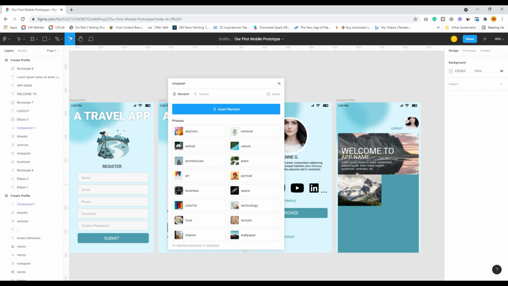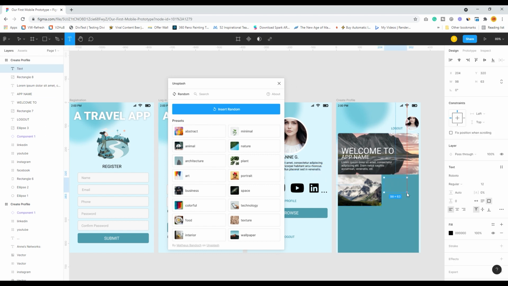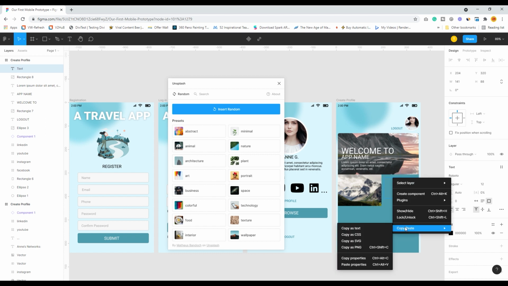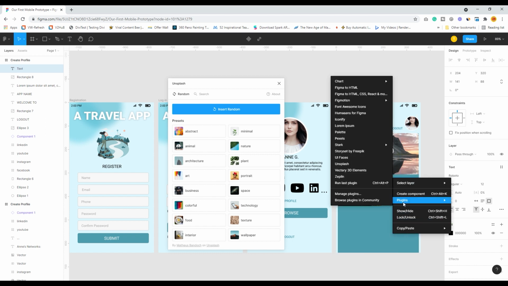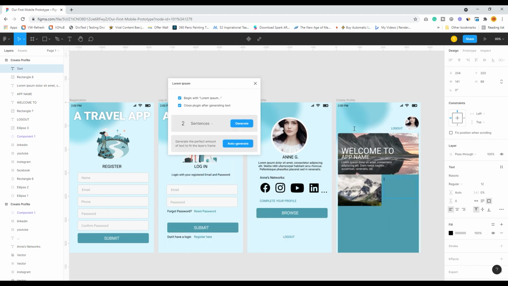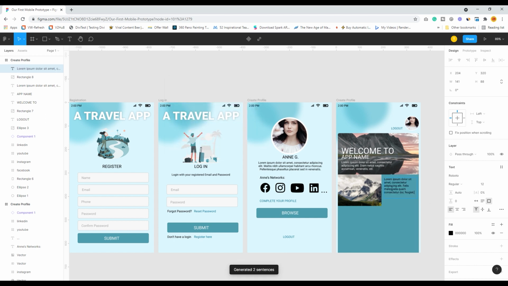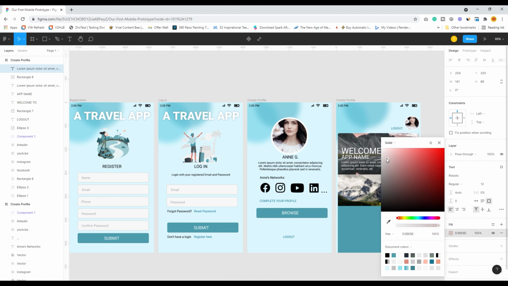And you can have a small paragraph over here. Right click over here, go to plugin and select Lorem Ipsum again, two sentences, generate, lovely, and select white from here.